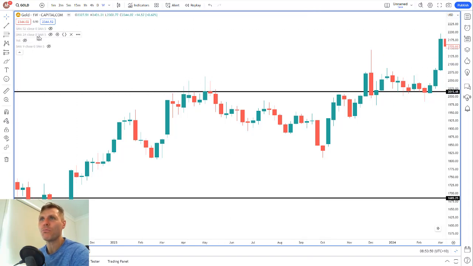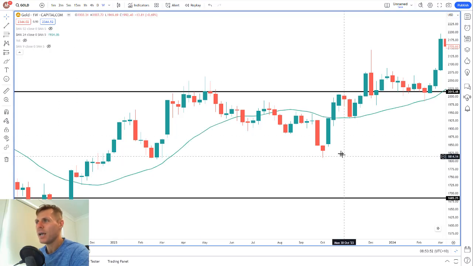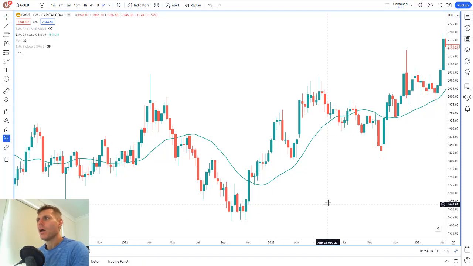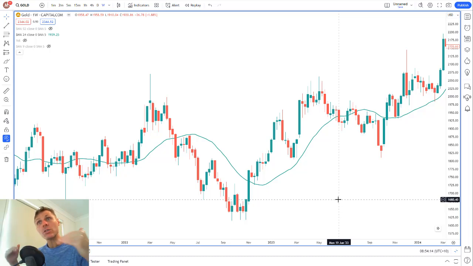I use a 24 moving average on the weekly charts. And one thing I have noticed is that whenever we start to get a strong 24 moving average with the L-shaped pattern, the power becomes, oh my goodness, we're getting ready for another move up. Again, guys, nothing works 100% of the time, but if we want to massively increase your success rate, now we're starting to do that, right?